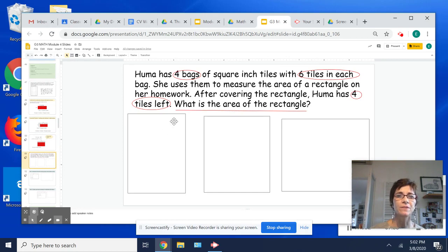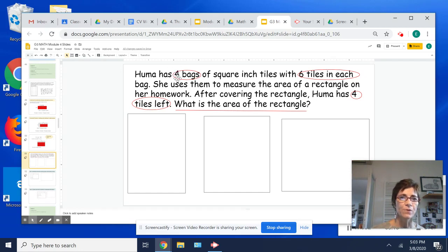Let's have a look at this problem. Huma has 4 bags of square inch tiles with 6 tiles in each bag. She uses them to measure the area of a rectangle on her homework. After covering the rectangle, Huma has 4 tiles left. What is the area of the rectangle? All right, so